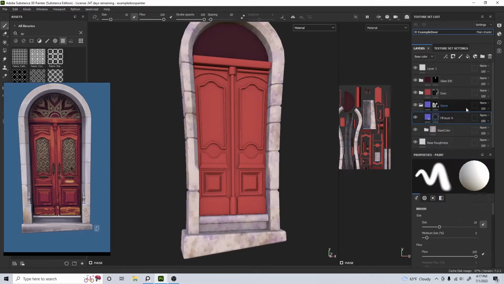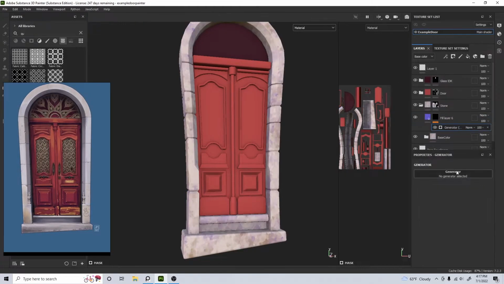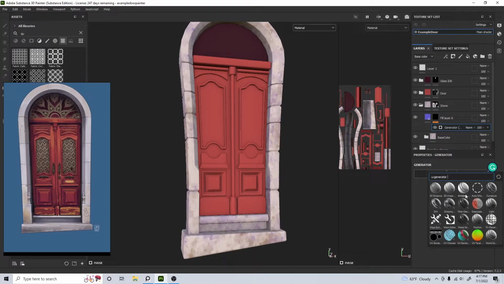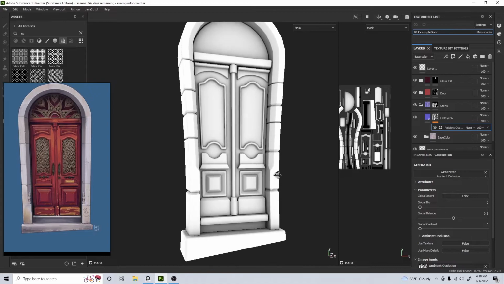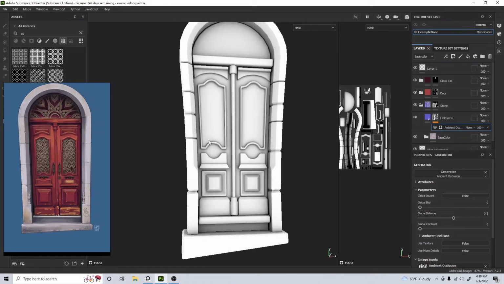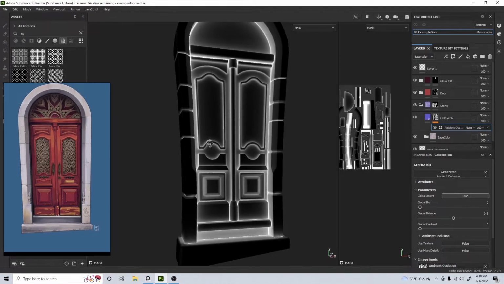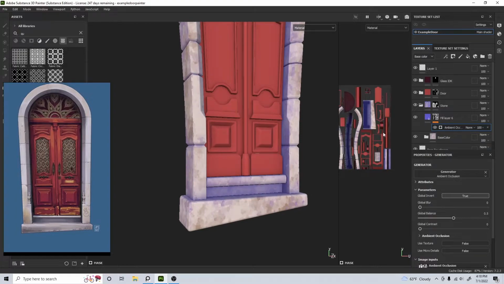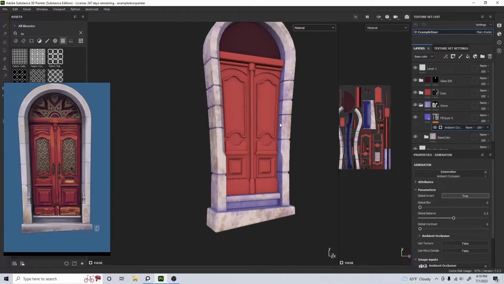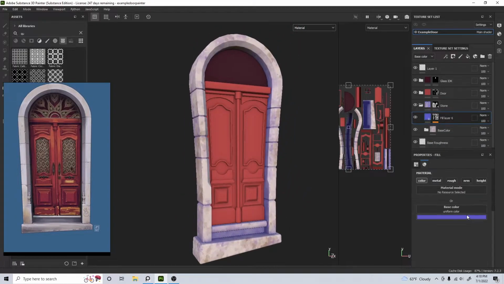But I can add a black mask, go to generator, ambient occlusion. And at first this is going to look really weird, but if I go to my mask channel, I can see that all the white parts are coming through as the mask. I need to invert that, and that's going to make the darker areas of my object a lot more purple. Obviously, right now this is way too much. It looks something like Willy Wonka's Funhouse. But